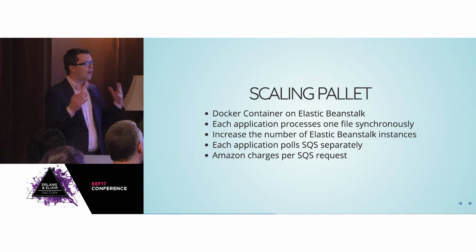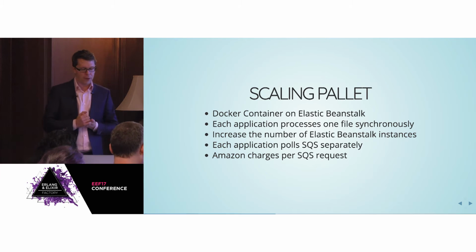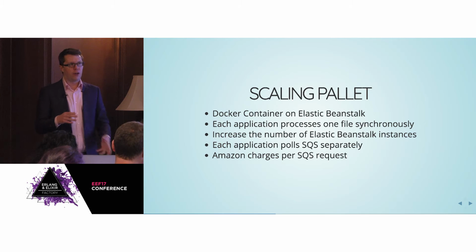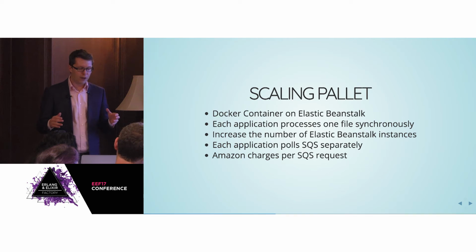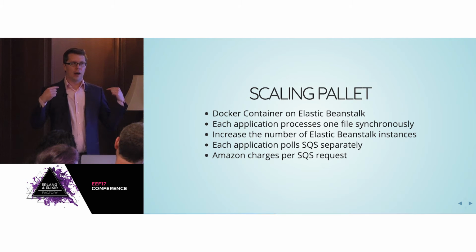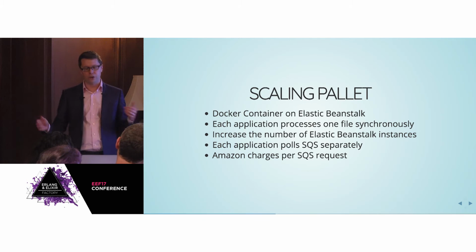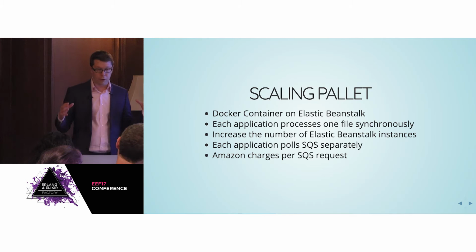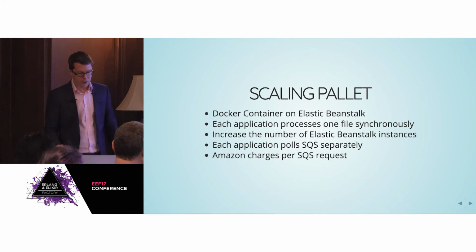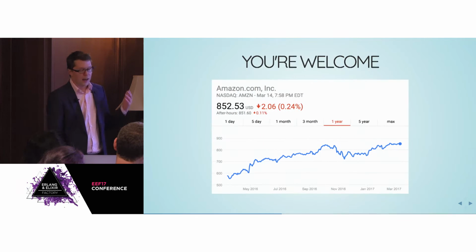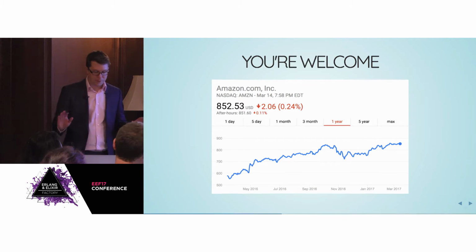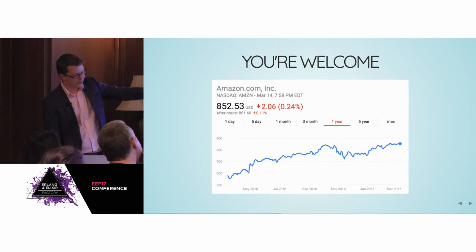And that's really where the one problem that this application had is that because the SQS polling loop is built into each of the applications, as we launch more of them, it means that we're polling SQS more and more frequently, but there's only going to be the same amount of messages, and processing a message takes no time in comparison to processing the whole S3 file. So it would be much better to bundle the requests for messages together. And since Amazon charges per request, this can get kind of expensive, and Amazon did really well out of this. So you're welcome, Amazon shareholders. I've turned it off now.